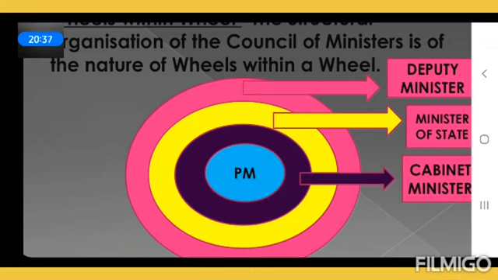As such, the council of ministers is the whole, which consists of several categories of ministers. So the cabinet is a part of the council of ministers only. Do not think that the cabinet is a separate one, ministers of state is a separate one, and deputy ministers is a separate one. This cabinet is a part of whom? Part of the council of ministers. But at the same time, it is the most powerful part.